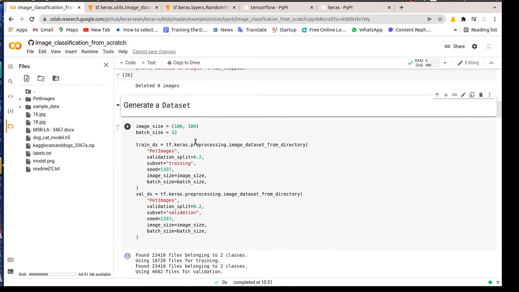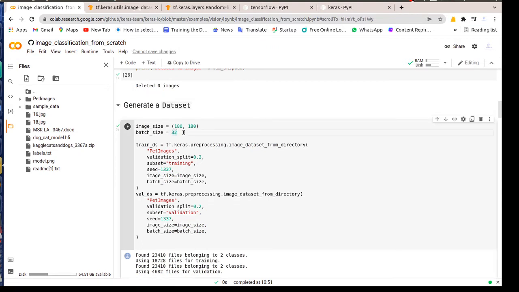For that, we need to predefine hyperparameters, as we call them, like image size and batch size. Image size we are keeping at 180 by 180. You can go for any size; 256 is also fine, or 64. It depends. And for batch size, 32 is ideal, but if you want to go for 64 or 128, that's also fine and can get good results. Sometimes increasing the batch size may improve the accuracy. You can go for that.